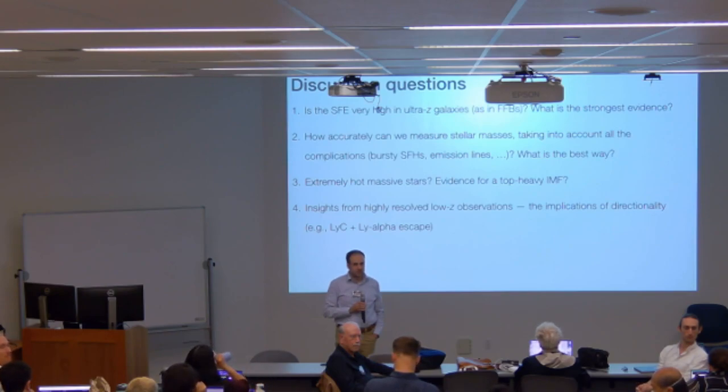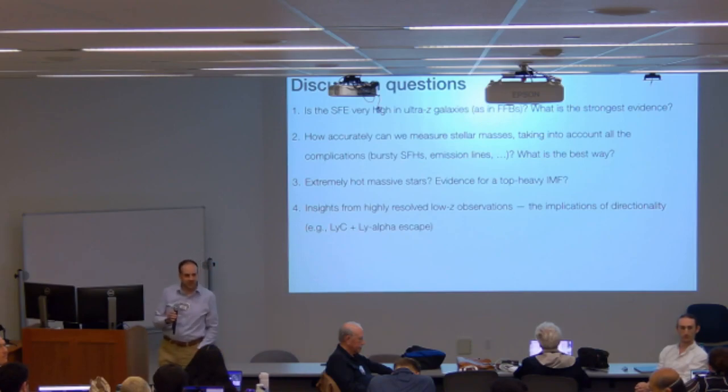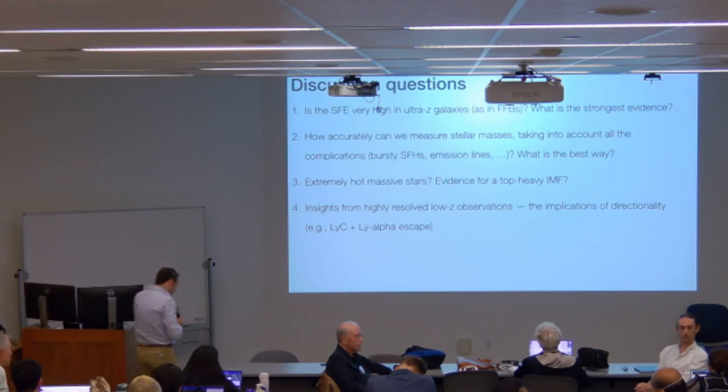But my question is to you and to Avishai, to Zhao and the people working on SFEs, FFBs, etc. Can we first define SFE? Are we referring to the macroscopic, galaxy-scale star formation efficiency like M star over M halo, or are we talking about the Kennicutt-Schmidt law coefficient epsilon? And what's the connection between these two? We showed you a plot that